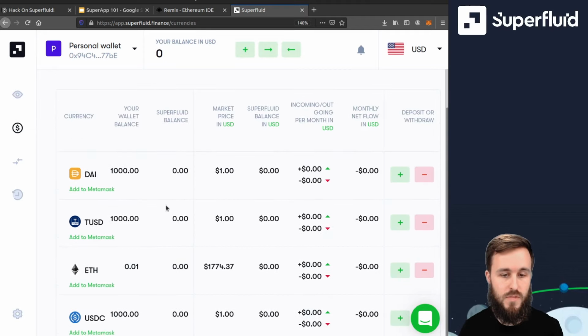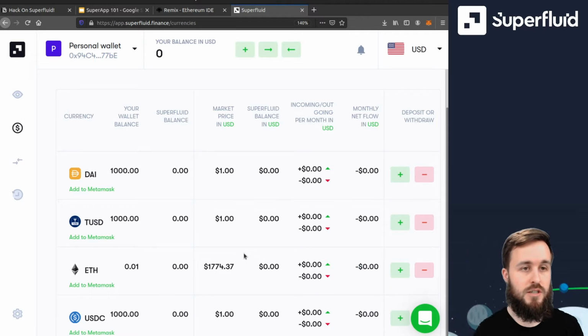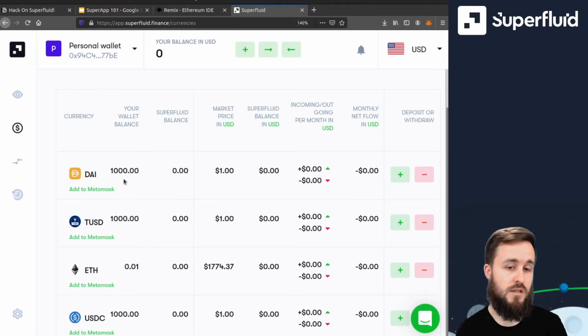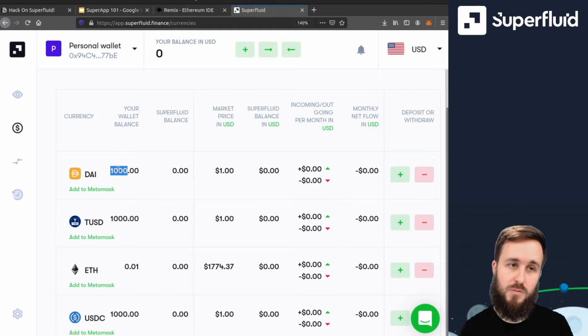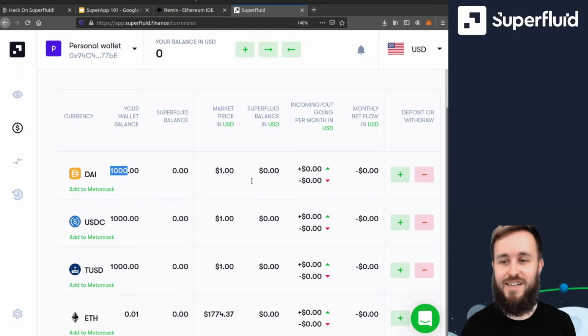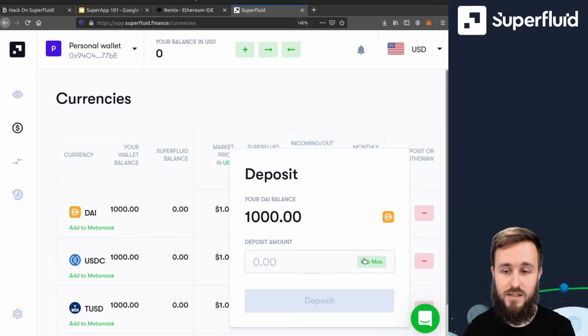So here we can see I got 0.01 ETH, and I got 1,000 DAI, 1,000 TUSD, and 1,000 USDC. And these are just the unwrapped versions of Super Tokens, or of ERC20. So this is just normal DAI. But if we want our normal DAI to have superpowers, then we gotta upgrade it. And the way we do that is by depositing it into Superfluid. And this actually wraps the DAI token and gives us a new token with a new address,